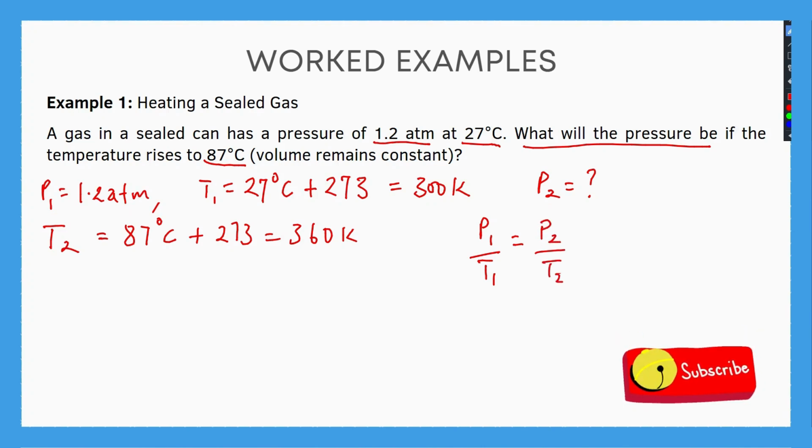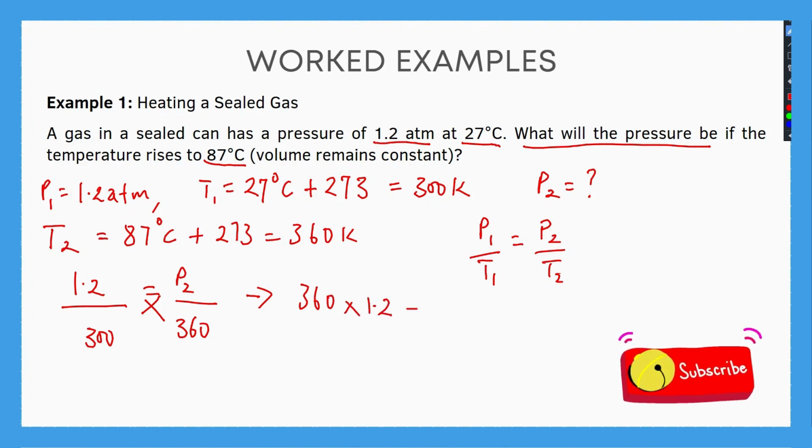Let's impute our variables. P1 is 1.2, divided by T1, which is 300. This is equal to P2, which is unknown, divided by T2, which is 360. At this point, we can cross multiply, and doing that gives us 360 multiplied by 1.2 is equal to 300